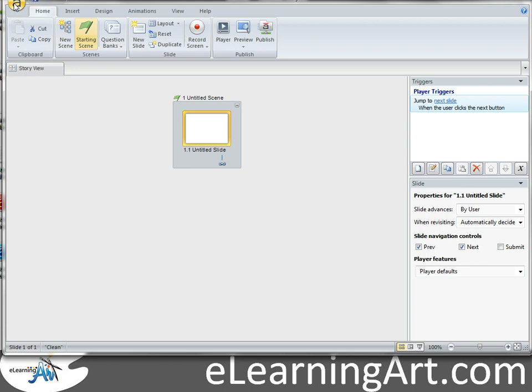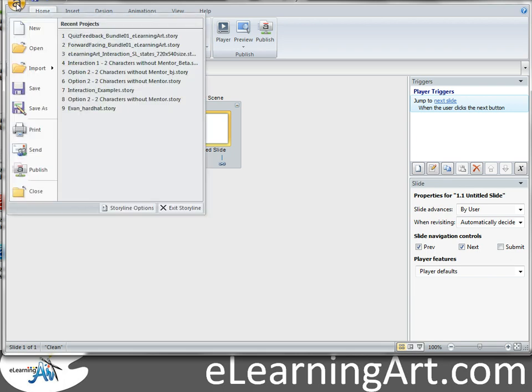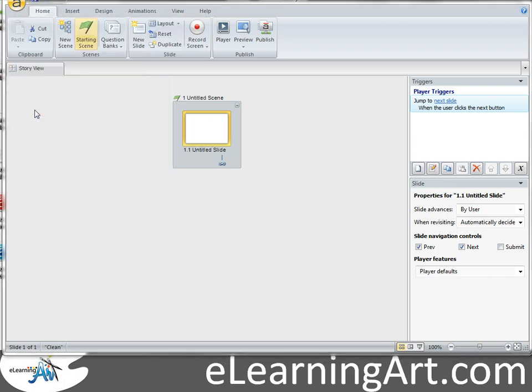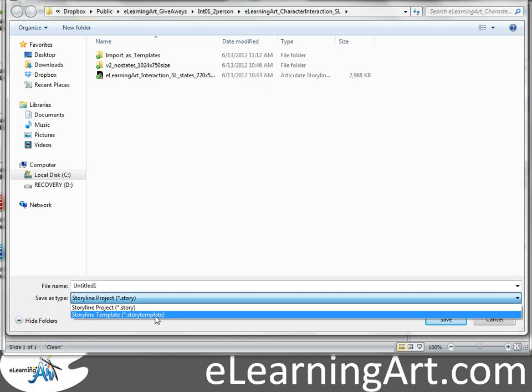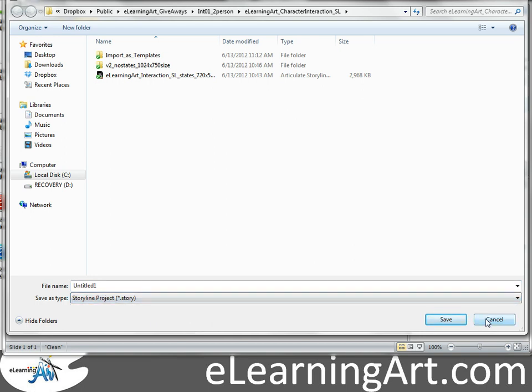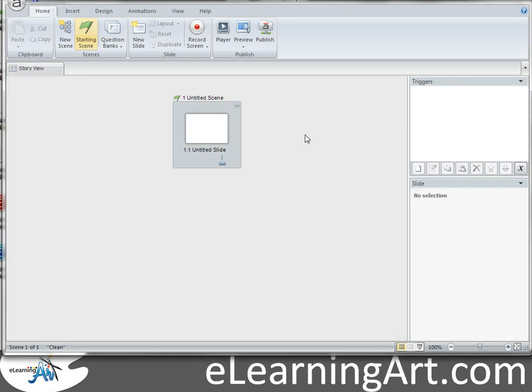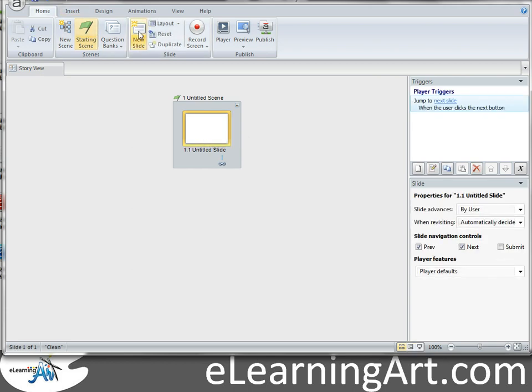So to save out as a template, you have a couple different options. When you go to Save As, instead of just saving it as a project, if you go to Storyline Template, it saves it as a different file type. And when you save it as that file type, it actually then shows up in your new slides. So since I already saved and imported those, what would happen here is if I decided I wanted to insert a new slide,